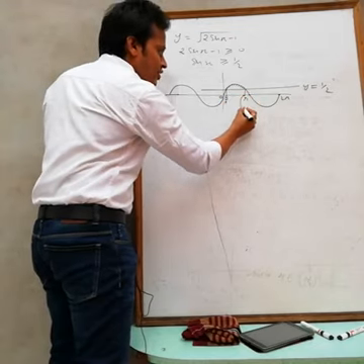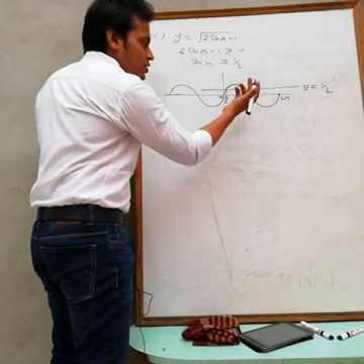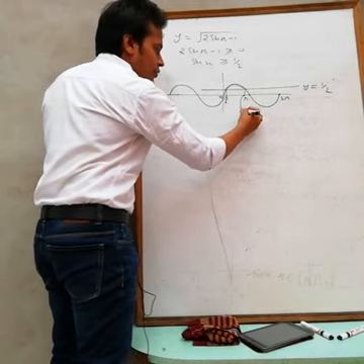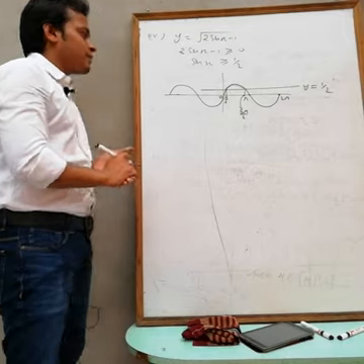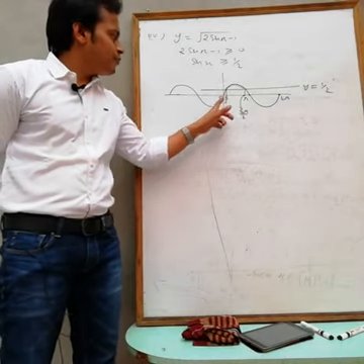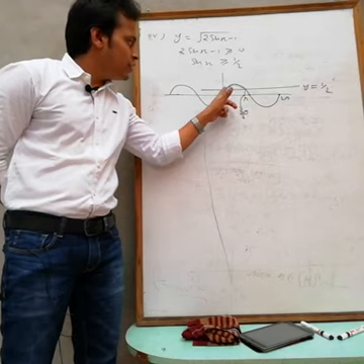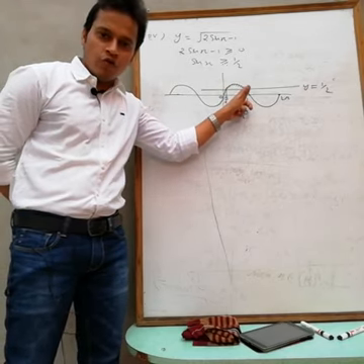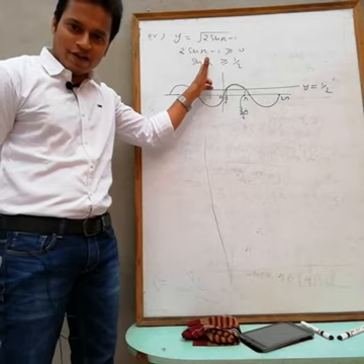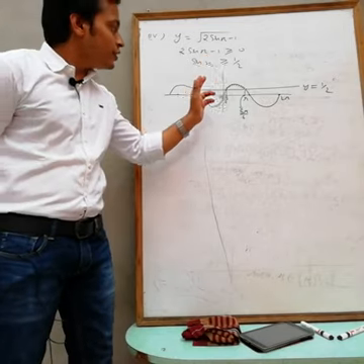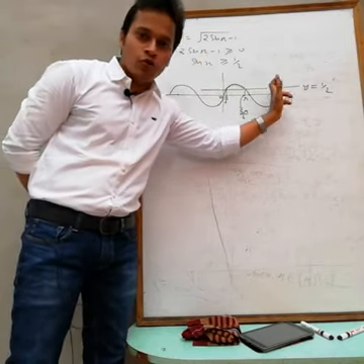And here what is the value of x? Pi minus pi by 6. Okay, 5 pi by 6. So if you take x between pi by 6 to 5 pi by 6, then sine x is greater than or equal to 1 by 2. It means satisfying this one. So this is the answer for 0 to 2 pi.